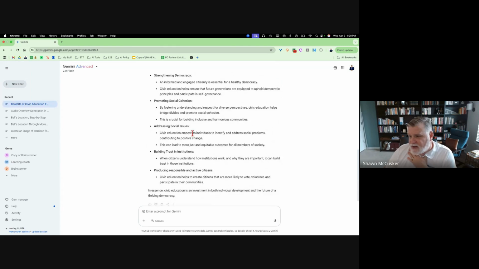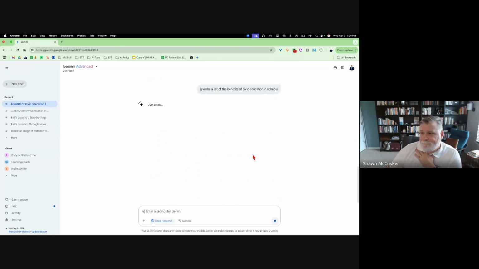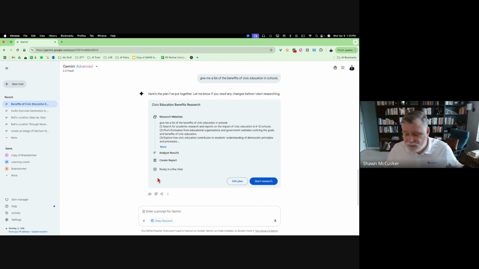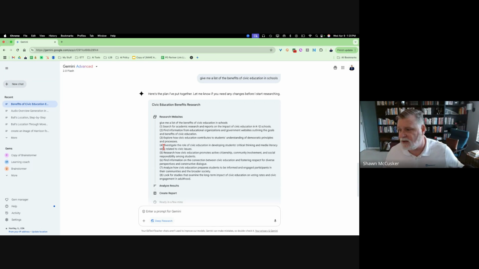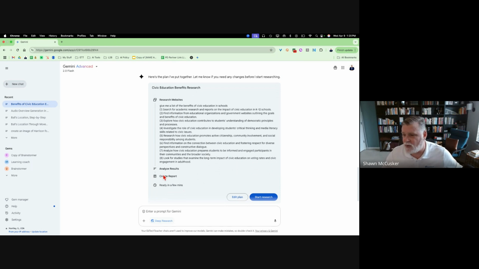And then after it does this and it gives you a list of everything that's there, right? You also have this option where it's going to say, give it a detailed research report that you can go ahead and do. If you do that, it will take the same prompt and it'll give you something deeper, something more thorough, right? It has research-based websites. So towards the issue of, are these valid sources, by using this tool, you're going to increase the amount, right? Here are research websites that you can use. There's also a way to create a report and also to analyze the results.